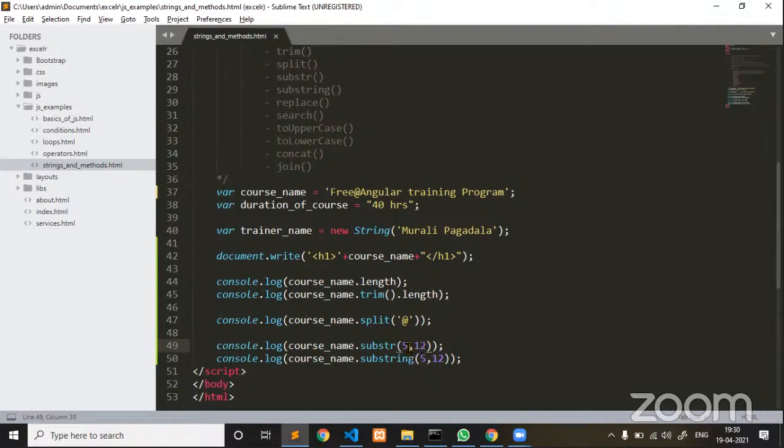I mean to say, from fifth index, I am planning to fetch 12 characters. This is the fifth index. A is the fifth index. From here, 12 characters that we are going to fetch. That is what substr says. Whereas coming to substring, from fifth index to index minus 1, 12 minus 1. From fifth index to index minus 1.